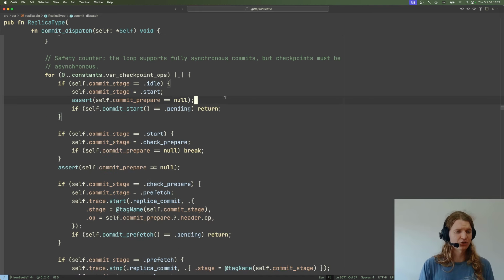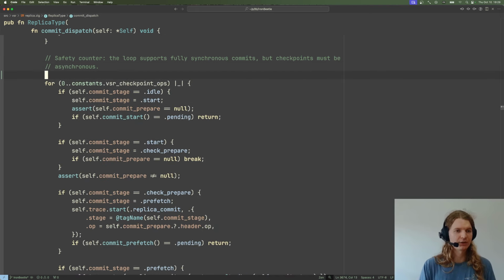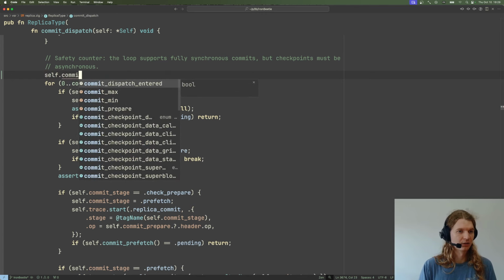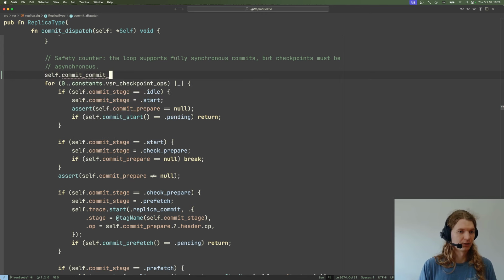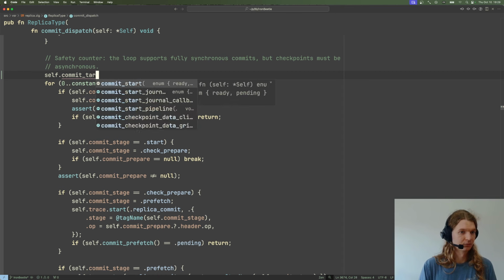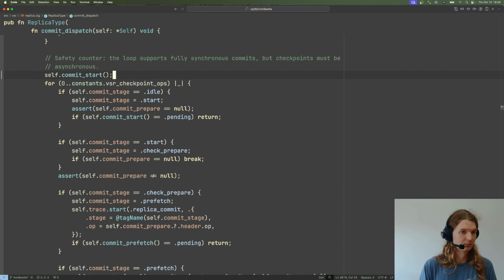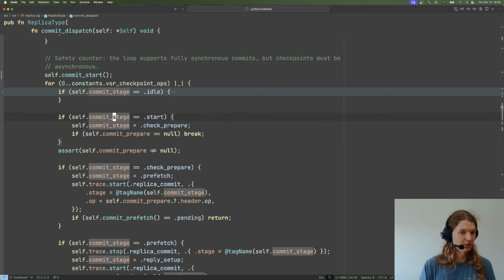What this code actually does is basically just calling a whole bunch of functions